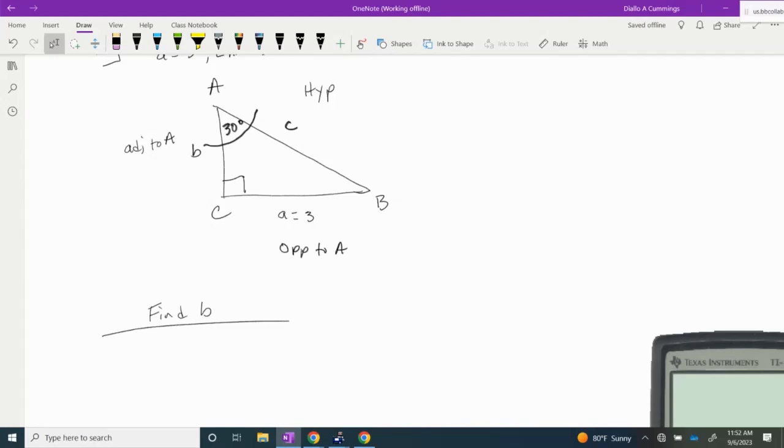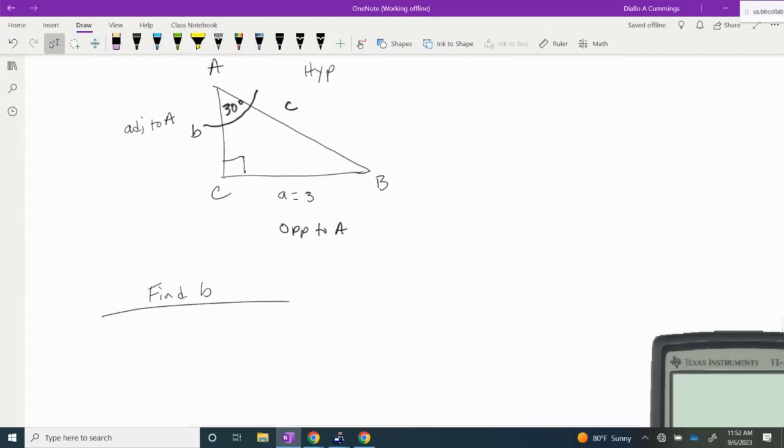If I have the adjacent and the hypotenuse, what type of trig function could we set up? Cosine, because cosine is adjacent over hypotenuse. So I'm going to set up the cosine of 30 degrees equal to the adjacent, which is B, over